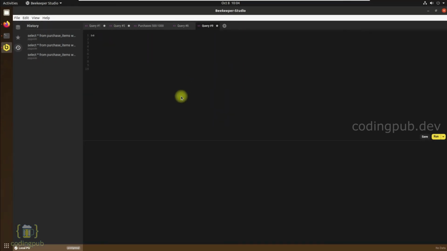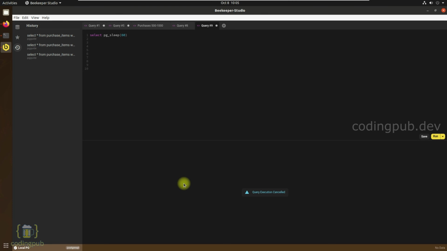Let's say that a query is taking a longer time when you run them and you want to cancel them. Let's see how to do that. I'm typing a query select PG sleep 60 and I'm running the query. As you can see, the query is still running, and if I click on the cancel button here, the execution of the query will be cancelled. So like this, you will be able to cancel any query in the middle if any query is taking much longer than expected.